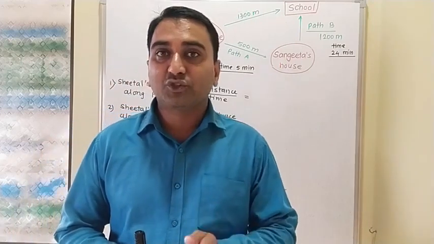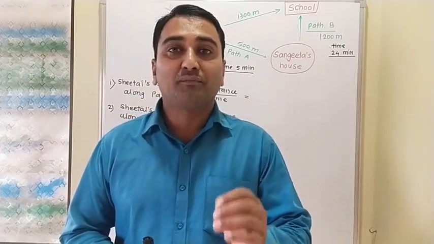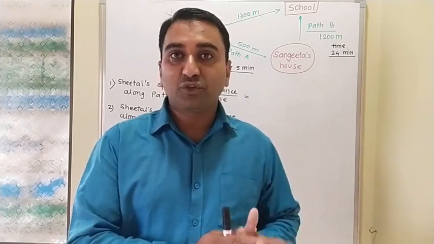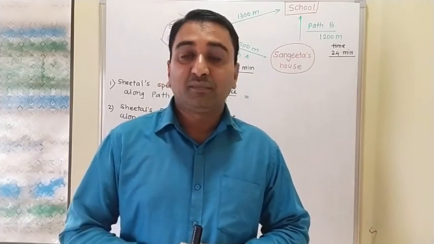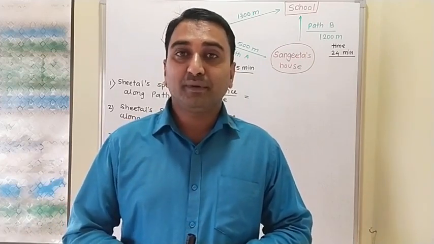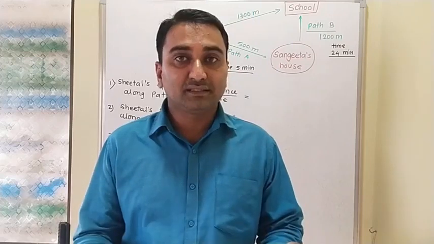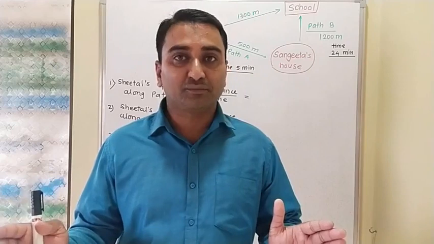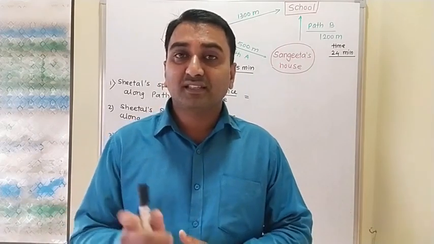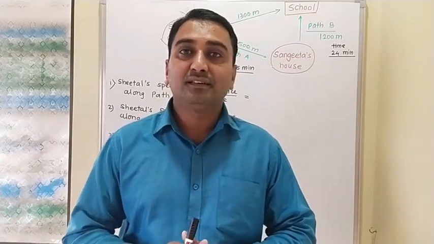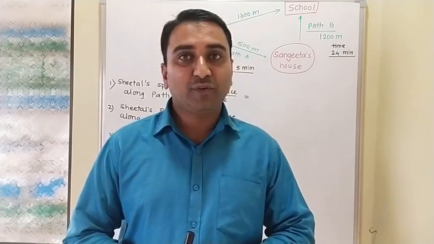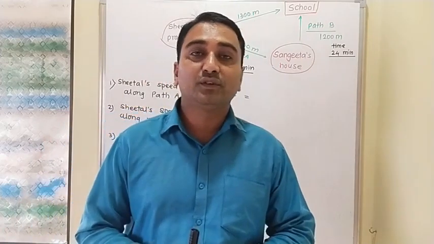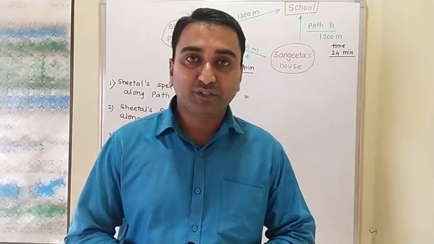Distance is the length of the actual path traveled by an object while going from the initial position to the final position. But what is the displacement? Displacement is the minimum distance from the starting point to the final point, that is the finishing point. So that part we have discussed. Again, the difference between distance and displacement, that also we have discussed. In the next session, some more concepts related to speed and velocity, that we are going to deal with.